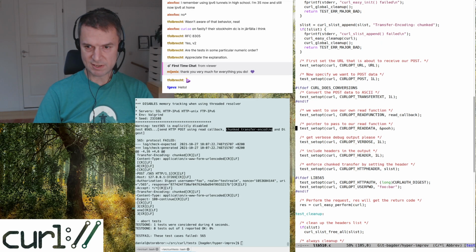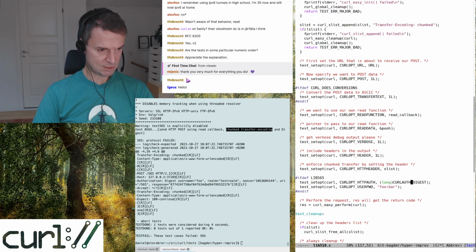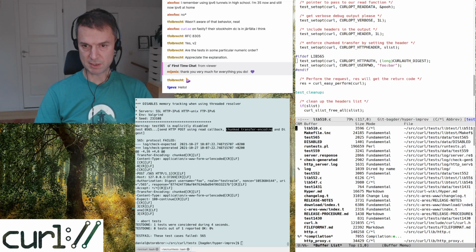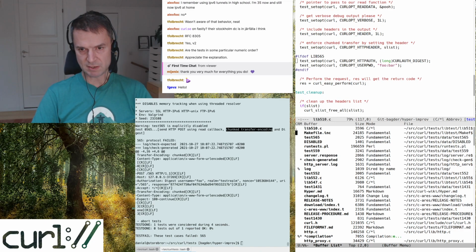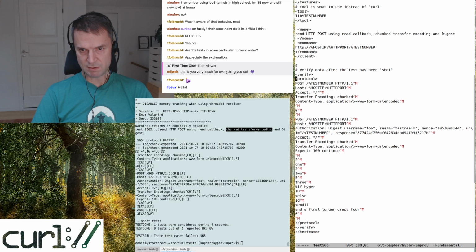Oh right, it uses digest authentication as well. So HTTP post with chunk transfer encoding and digest authentication. That's a complicated setup. But sure, it should work, right? It works with the native HTTP, so here's the test case. It is supposed to do post and then